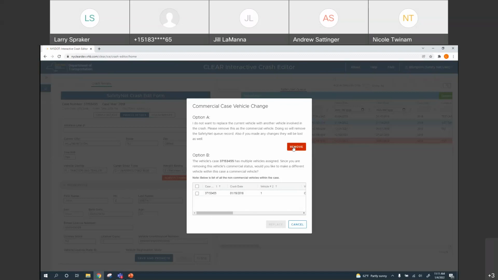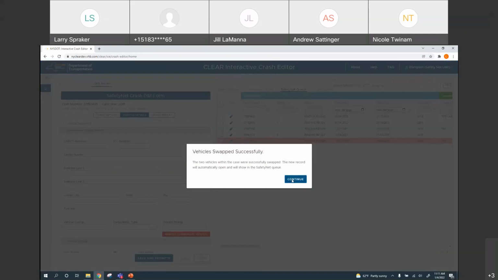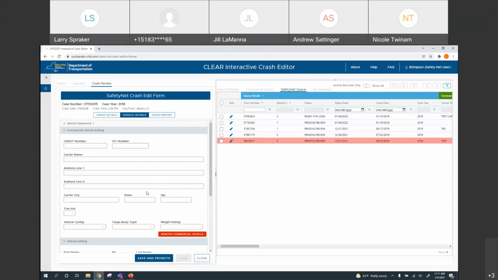This vehicle would be flipped to a non-commercial vehicle, but I'm going to flip this and pick this, even though it doesn't make sense. That's okay. I just want to show you this functionality. So instead of using vehicle 2, I want to use vehicle sequence number 1, and I'm going to replace this. It's going to basically flip this, and it says vehicles were swapped successfully, and now I have this. However, I don't have the commercial vehicle details for this particular vehicle, so I would have to go in